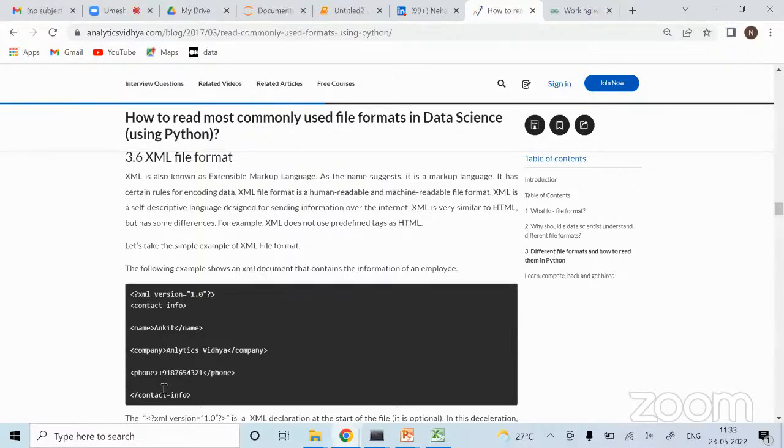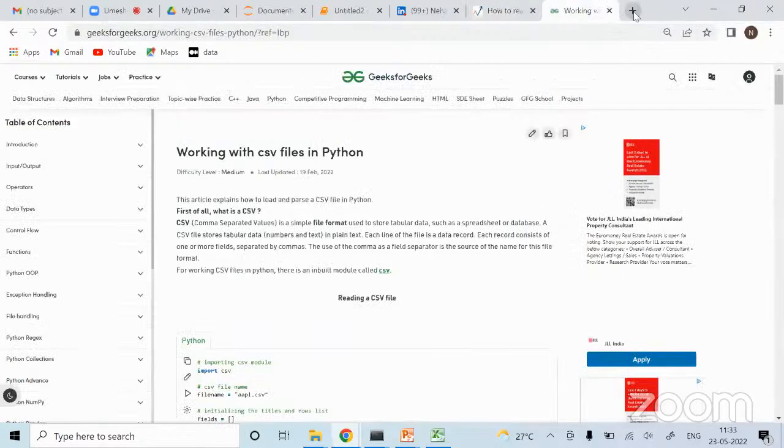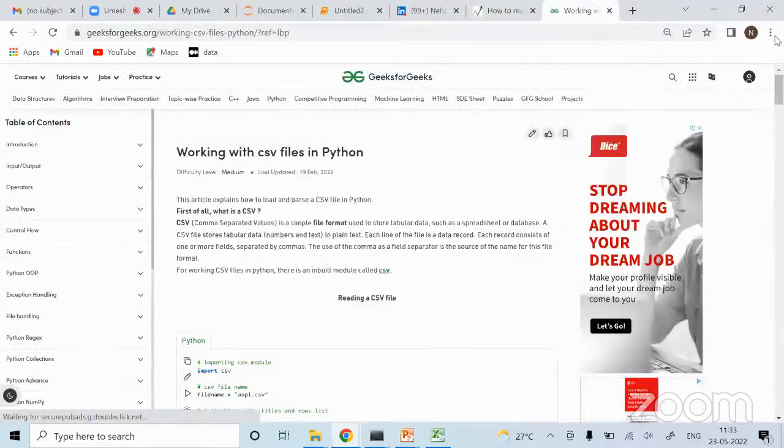So these are the simple reasons. As you can see here, it is very easily readable for humans as well as machines. Why am I saying that? As you can see, there is something called a tag and there is something called a value. Now, I'm not sure how many of you are from a CS background and have seen HTML files. But if you see the HTML file of any web page, I think there is a command